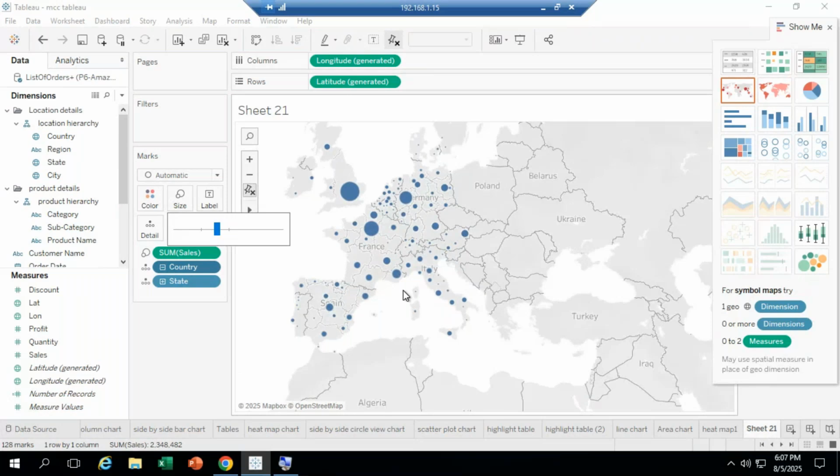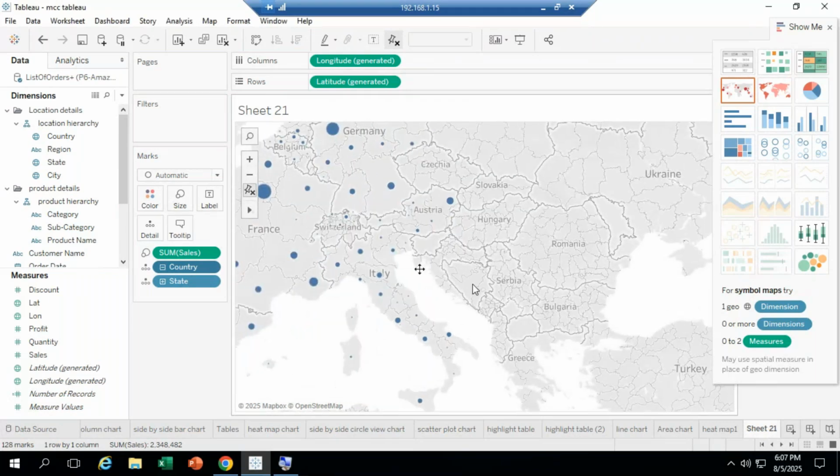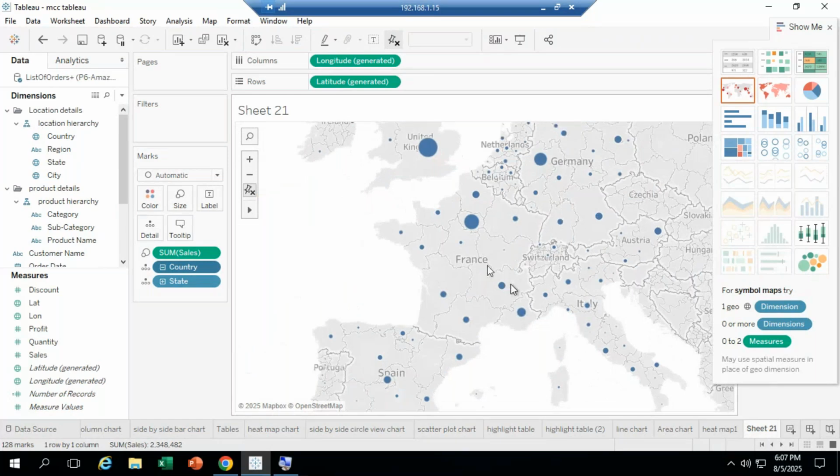See now, the country size is going to display to us. This is the option. If I place the cursor, see, country France, state, what is the sales we did? Here click on UK, state England, this much sales happened. The entire information is going to display to